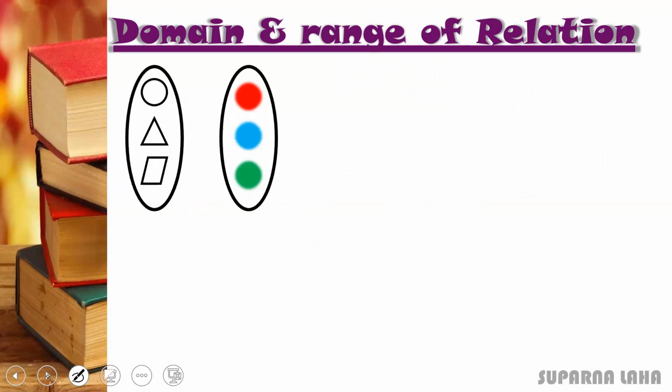So we all know this. Let us take this same example. So here this is C, this is T and this is P. This is the set X, this is the set Y. This element is R, this is B and this is G. So we're defining the elements of R as (C, R). Take this one as R1. Previously also take this relation as R1, since R we are using here, so don't use R there. Use R1.